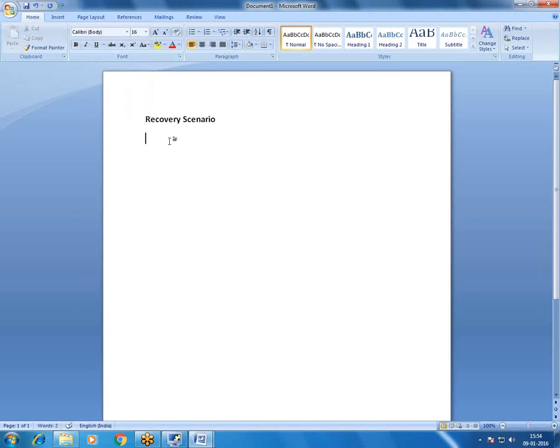Recovery scenario is a mechanism used in QTP